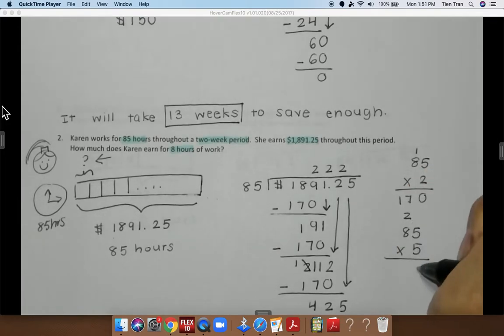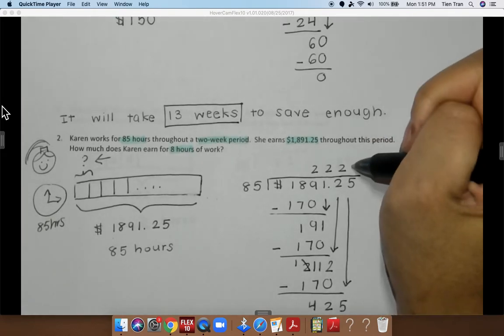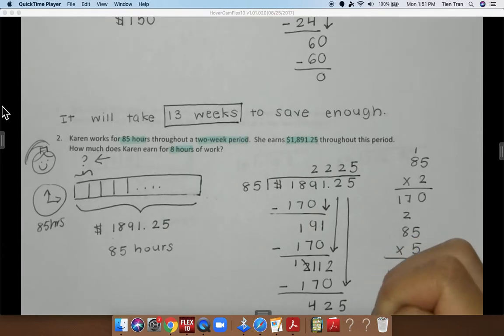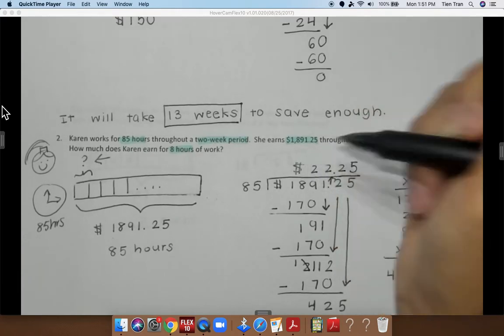5 times 5 is 25. 5 times 8 is 40. 40 plus 2 is 42. So that one works, and I have 425. Subtract, and that gives me 0. Don't forget to bring up your decimal. So that means that it's